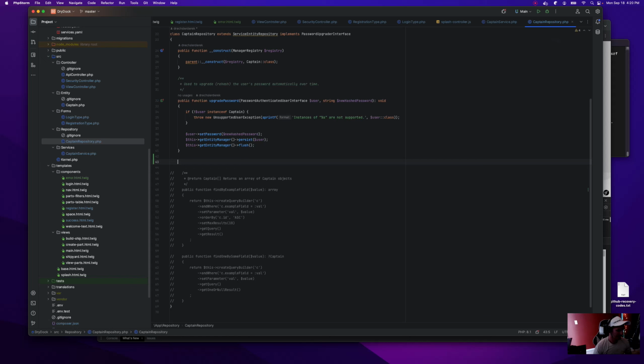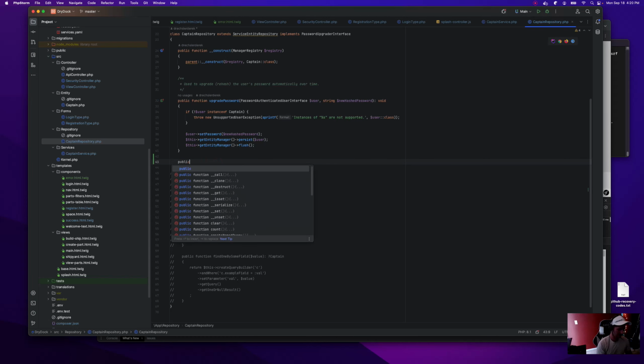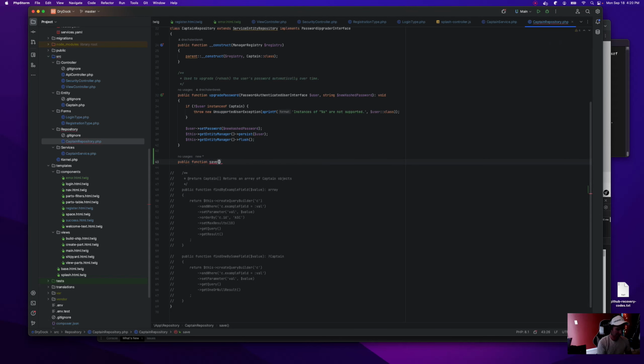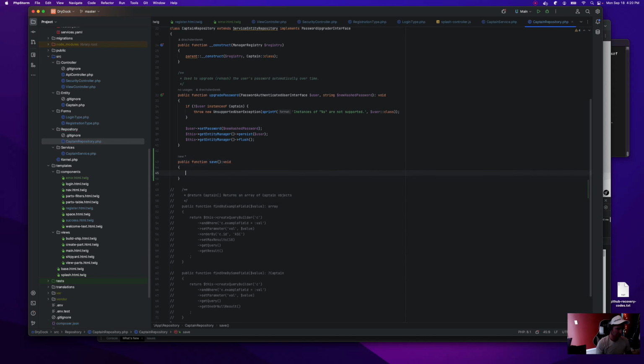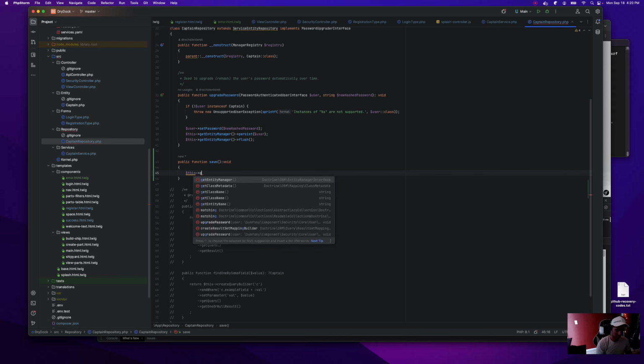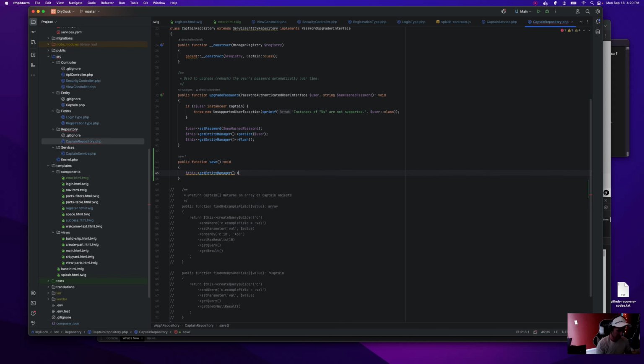Alright, we're gonna have to add save to this, and we also need to add remove because it's not in here. It's funny it didn't do that automatically, but it added upgrade password. Well, alright. Get entity manager, persist.